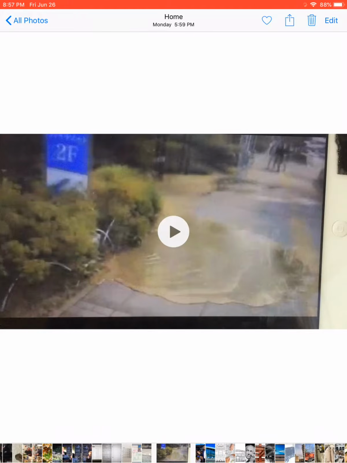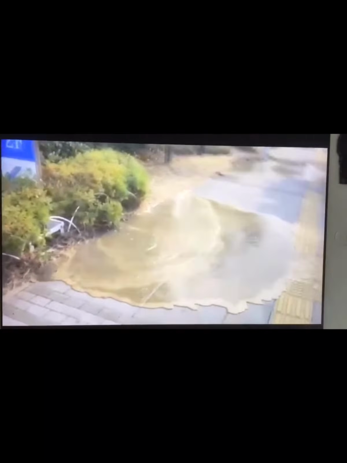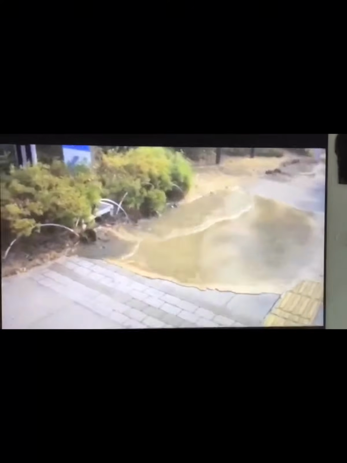And let's look at another one. Again, water coming up. Liquefaction is a major cause of damage to